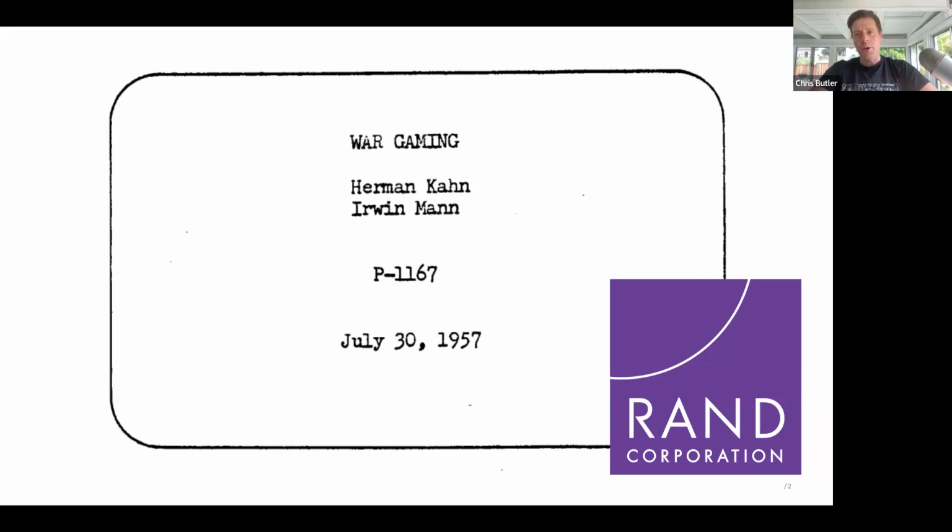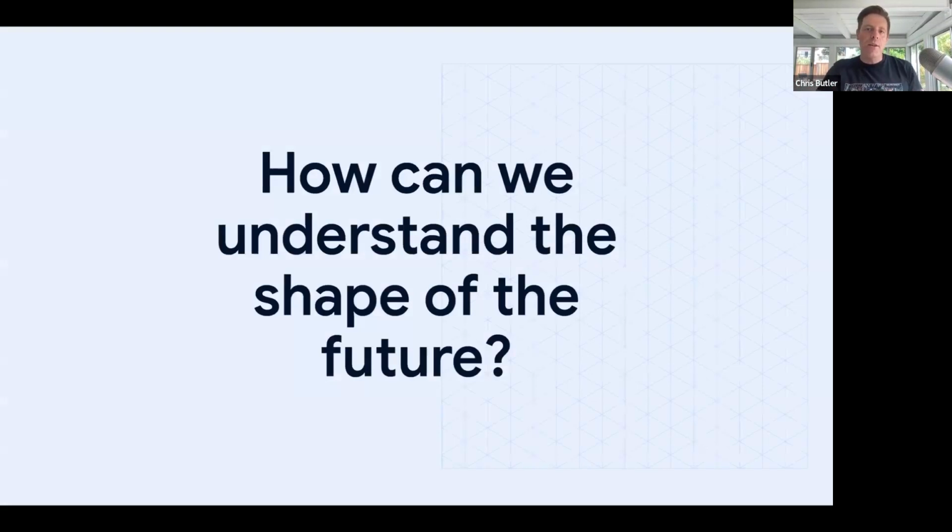So what we're going to try to do is actually join some of this idea of thought, scenario play and randomness, and then we're going to talk a bit about Wardley mapping and the way that that becomes the map for this war game. And it really is meant to answer this question: how can we understand the shape of the future?